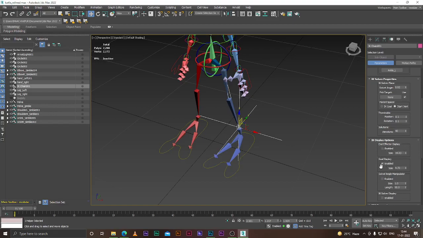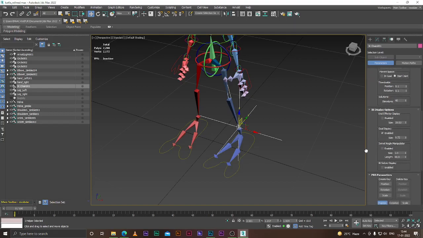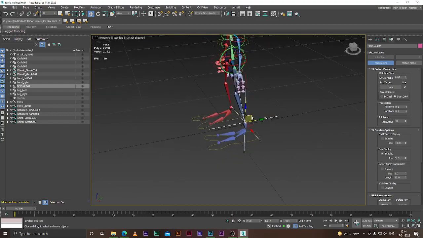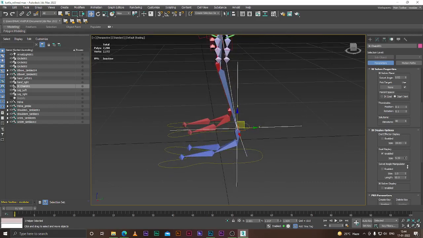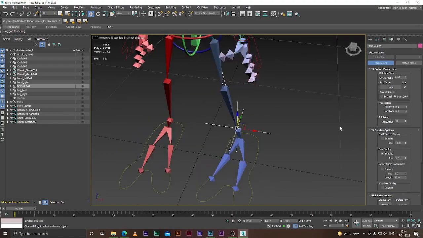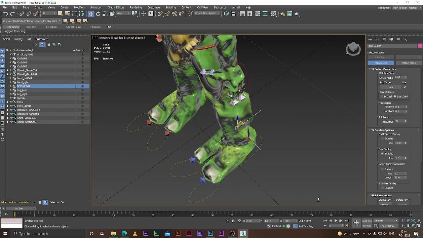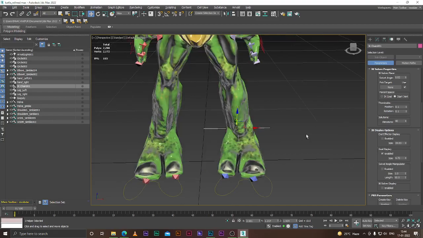Now there are multiple options in the IK solver. So this is a particular locator which is also being called a solver. It is a non-renderable object, but it holds the properties of a location in the viewport. This actually helps when you do a lot of things, so I'll be showing you that. Now what we are going to do is reduce its size so that it should not affect the geometry. Whatever the geometry is, you need to at least understand it, right? So this is the geometry,